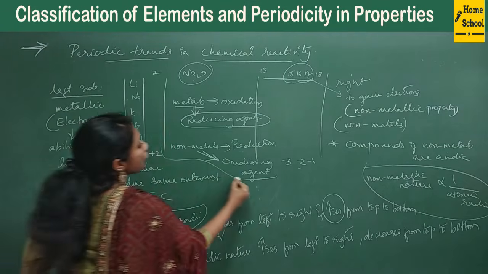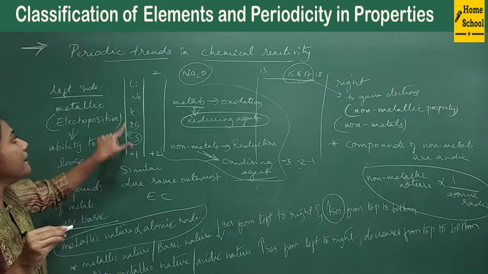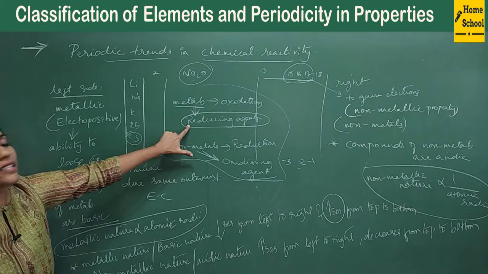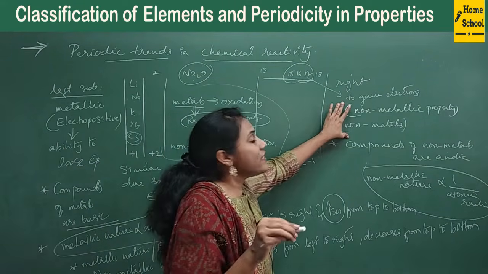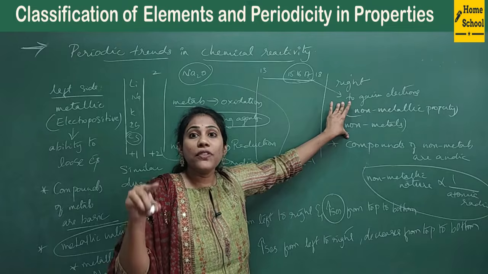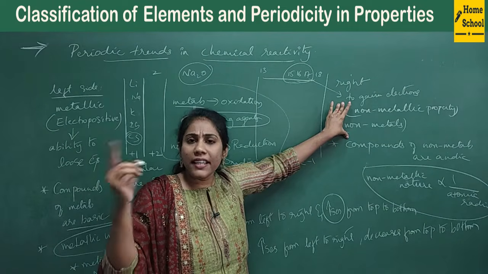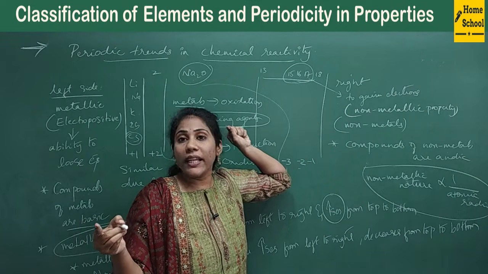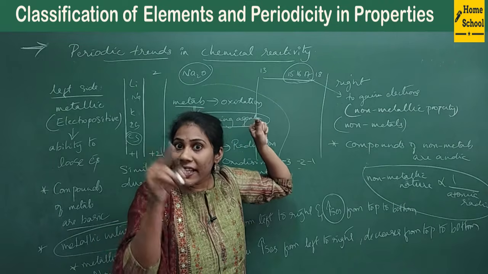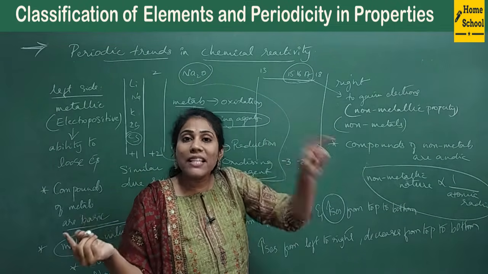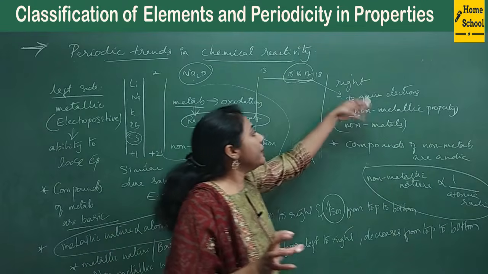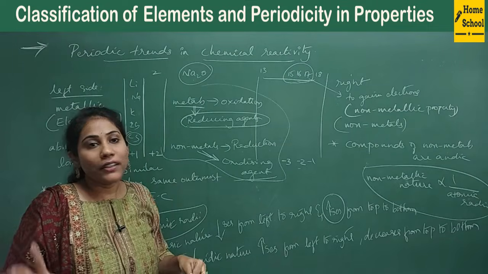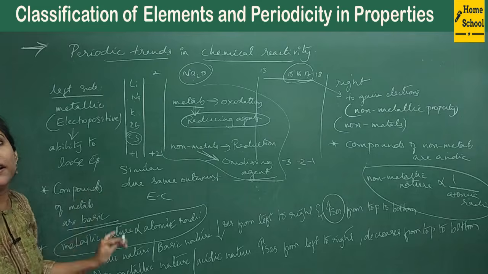So this is also very, very important. We say sodium is a reducing agent because it's a metal, it will undergo oxidation, so it will be called a reducing agent. Whereas Cl is an oxidizing agent, we say. Usually fluorine is the best oxidizing agent, because fluorine has a maximum tendency to gain electrons, right? Fluorine can undergo reduction very nicely, so it will act as the best oxidizing agent. So non-metals are oxidizing in property and metals are reducing in property. This is the concept that you need to know.